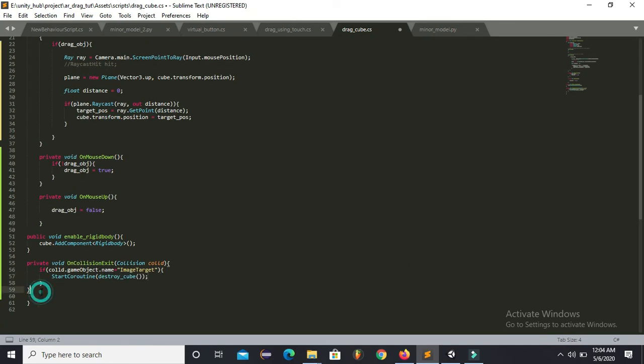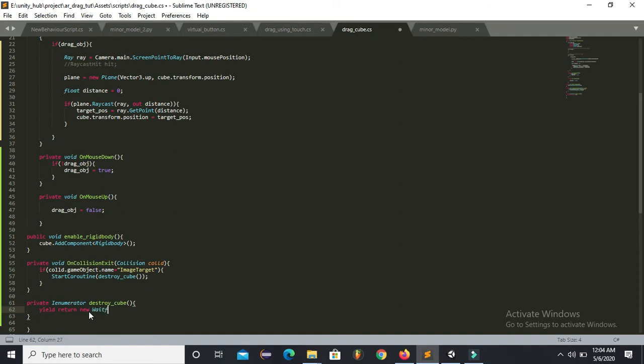I'm using a coroutine because I do not want to destroy my object as soon as it falls off the target image surface. I want to wait for some time, like 1 second or 2 seconds. After that I want to destroy it. So for that I'm using a coroutine.